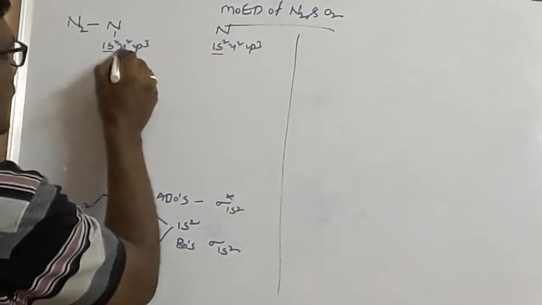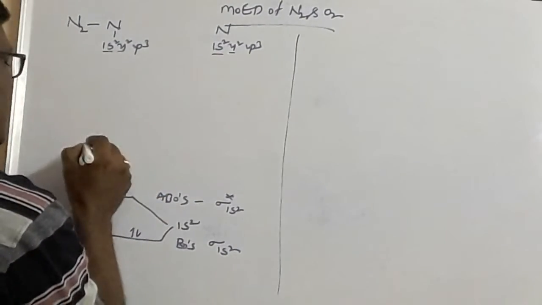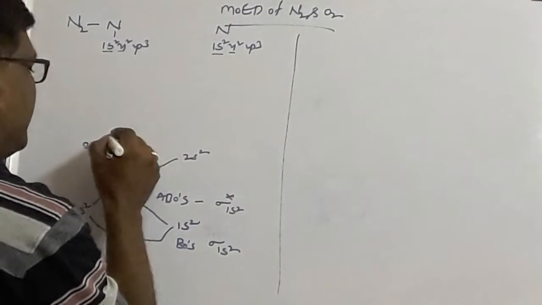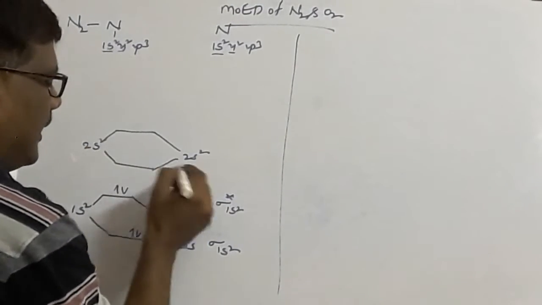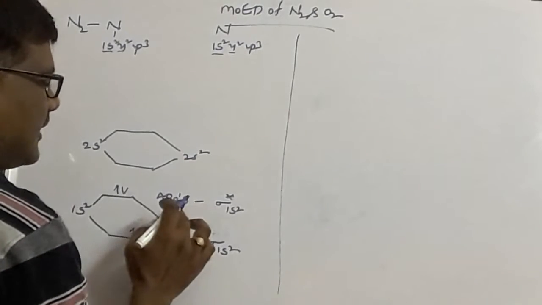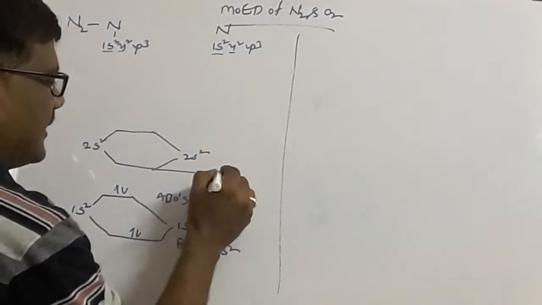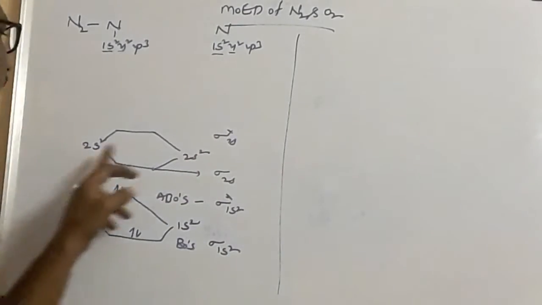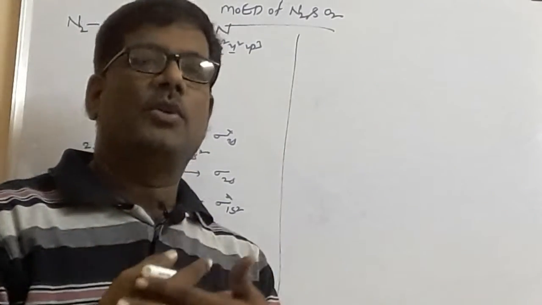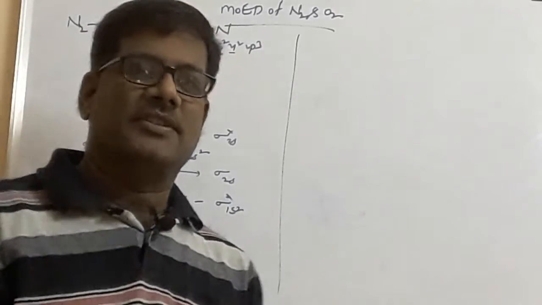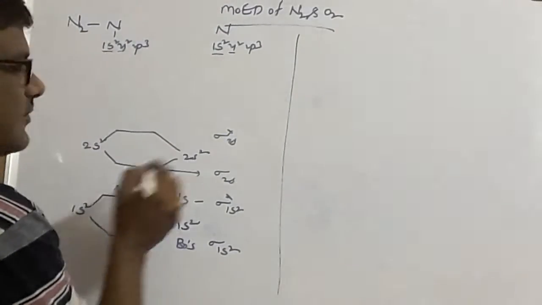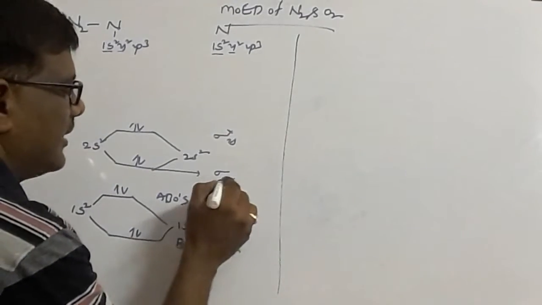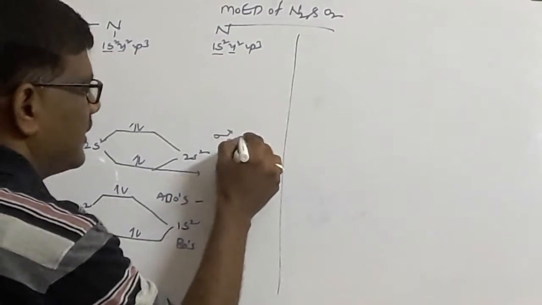That's all. Now 2s2 of this nitrogen atom combines with the 2s2 of the second nitrogen atom. Again it gives you two different energy levels. One is the least energy, called the BO. The highest energy is called the ABO. This is called the sigma 2s and this is called the sigma star 2s, because s orbital is always oriented through the internuclear axis, they give you sigma bonds only. Total 2 plus 2, 4 electrons. So 2 electrons come here, 2 electrons come here. Ultimately, this electronic configuration is sigma 2s2, sigma star 2s2.